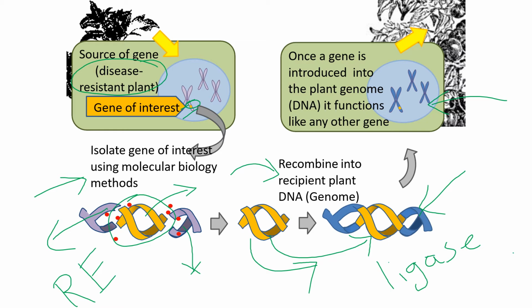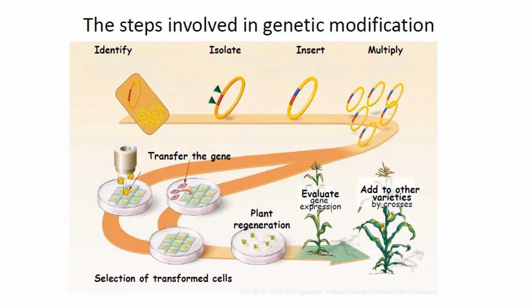So these are molecular scissors and molecular glue. This is called molecular glue because it joins the DNA nicks. It will cause this DNA molecule to be glued with the recipient genome, whereas restriction enzymes cause cuts in the double stranded DNA strands. So these are the two enzymes which are very much used in genetic engineering technology.